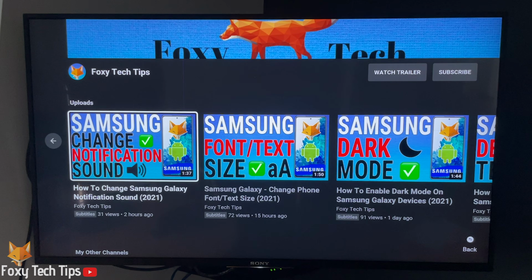Welcome to a Foxy Tech Tips tutorial on clearing the cache and app data on Sony Bravia or other Android